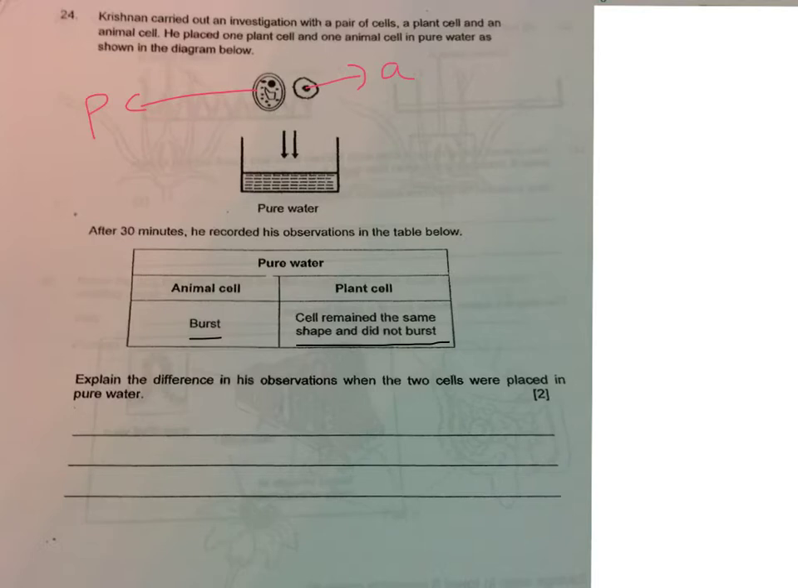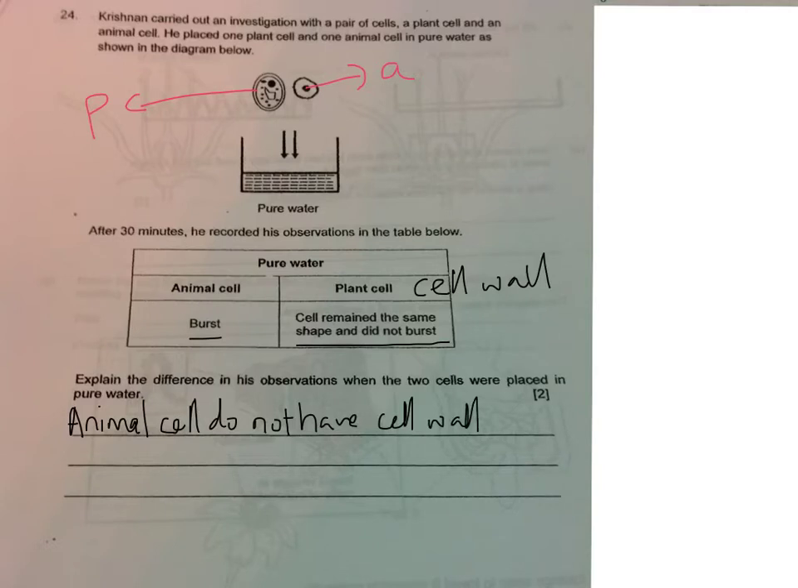The main difference here is that the plant cell has a cell wall, while the animal cell does not have a cell wall. So what happened is the animal cell does not have a cell wall to prevent it from bursting,